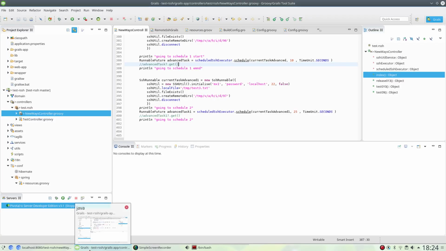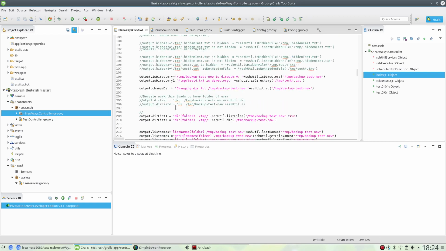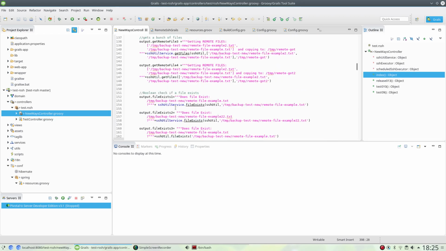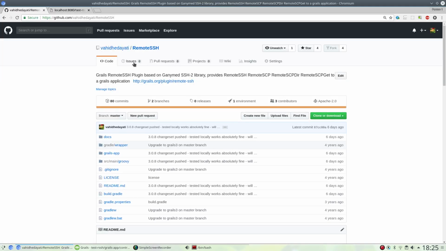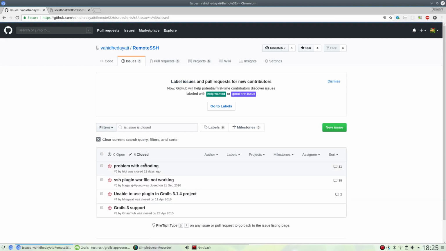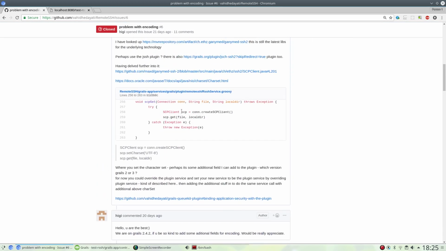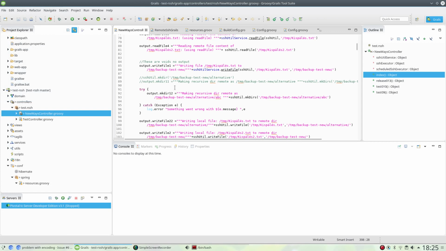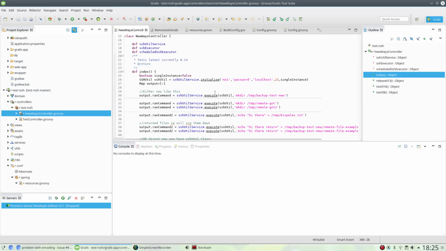So what I've decided to do is there's a problem with UTF-8 file names initially reported on the plugin, and this led to an update in the entire technology or the version of Ganymede Java source file as such. So that got updated to the latest version, which then broke what I had originally written. So out of it came a whole heap of new work, which is all this